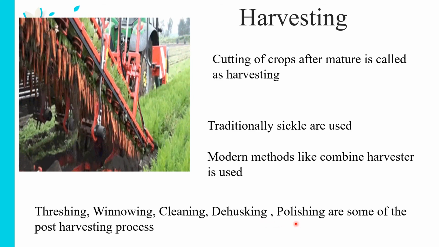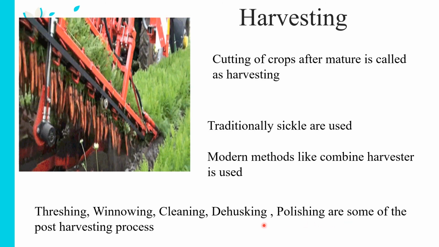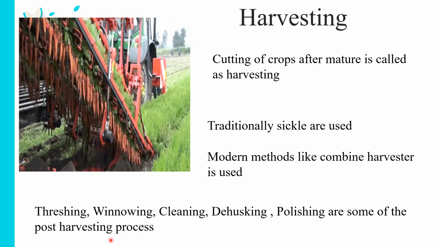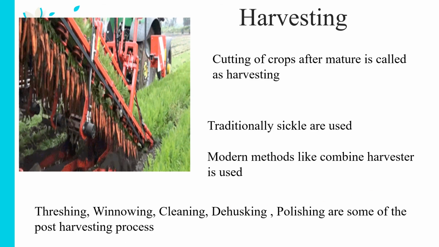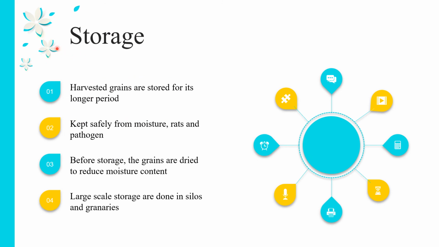And finally, certain times the grains are polished, whereas certain times the grains are not polished, and all these together are called post-harvesting processes because they can be done only after the crop has been harvested. So now we are done with all the agricultural practices and we have got even the food grain in our hand. Now what should we do? We have to store them safely, right? Only producing is not a fully done job. Storing them properly, taking care of them and making sure that it is reaching the consumer, only then does it mean that the job is completed.